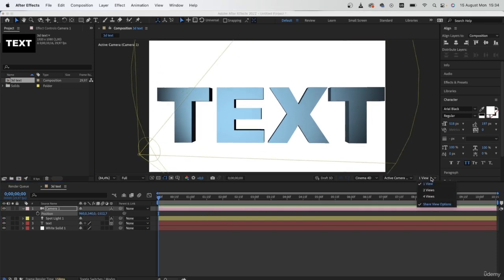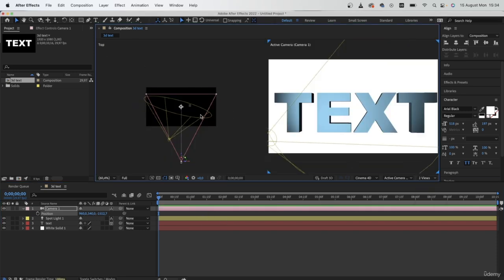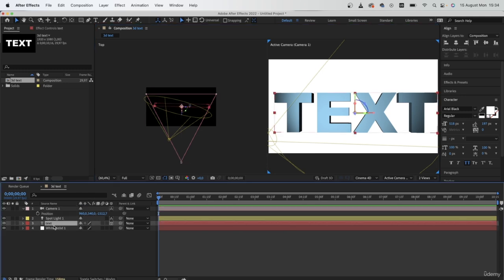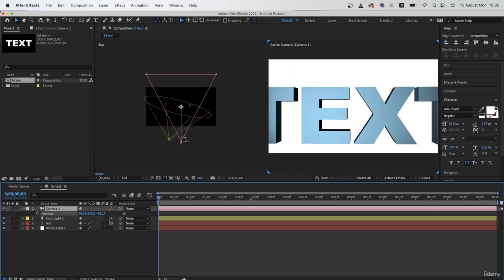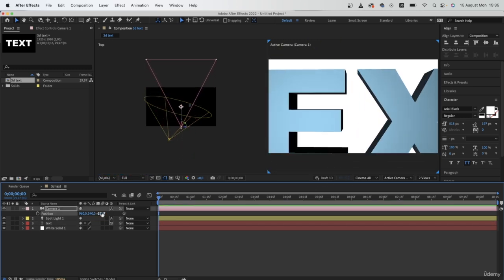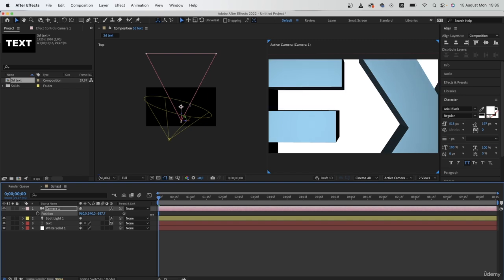We can use the different views. Let's go to 2 view. So right now, I'm going to select text. This right now is my text. This is my camera. Using position Z, I'm just going to go really in towards the middle,